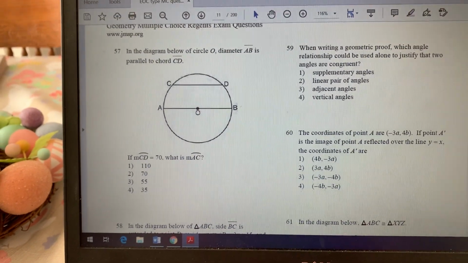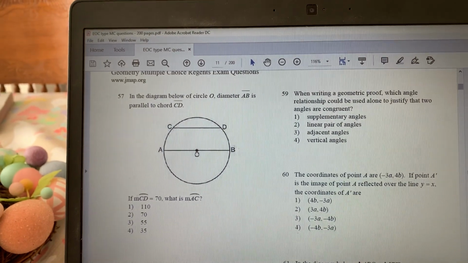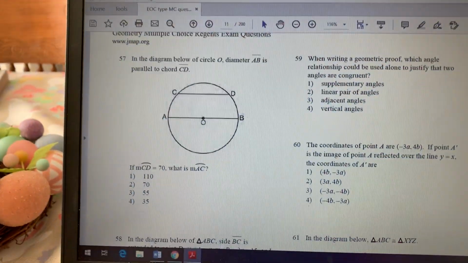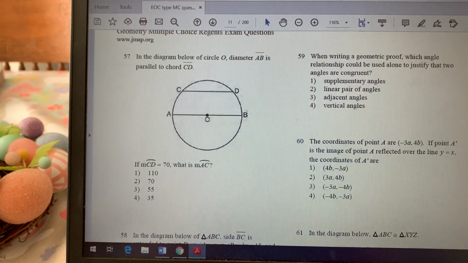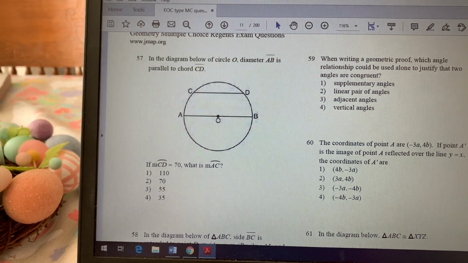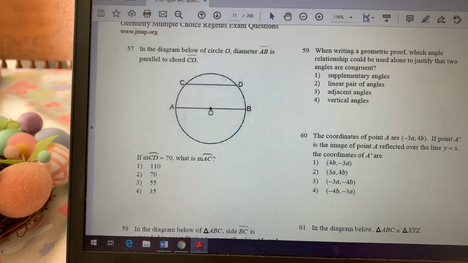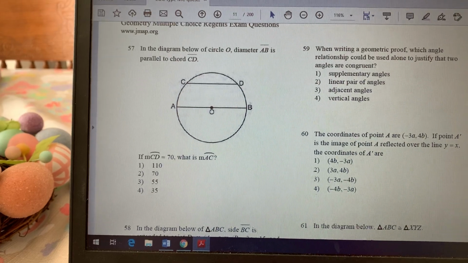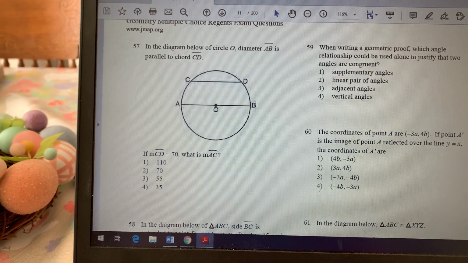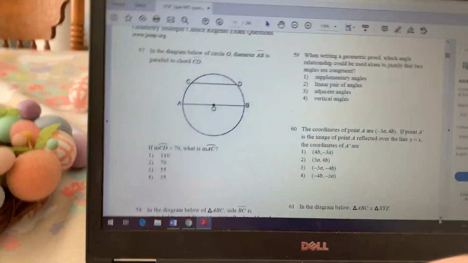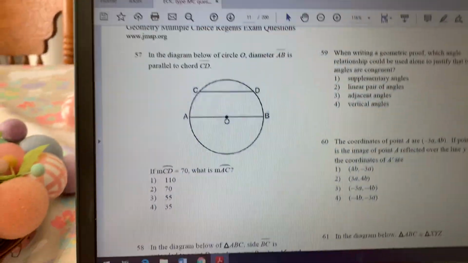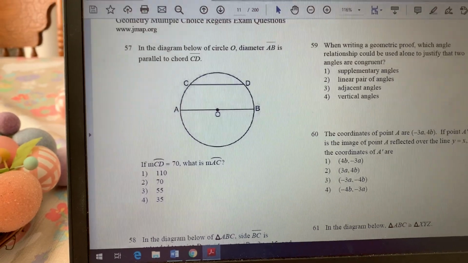All right, number 57, first problem of the 11th page of the packet, as y'all can see up there. So kind of a similar problem we've seen in the last few pages about these chords being parallel, right? So it's not necessarily asking now which two chords are parallel. It's giving us angle or chord measures, okay? So we still have to take that knowledge that we've learned plus some of our other knowledge about chords to answer this. I'm sorry, let me get my marker cap off.